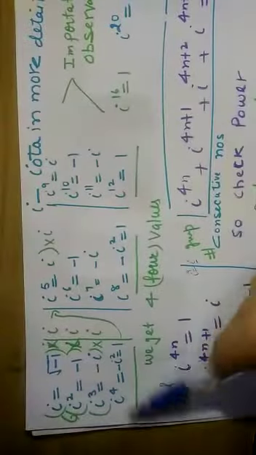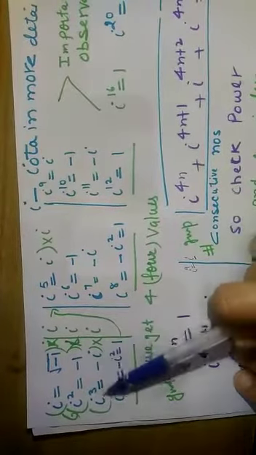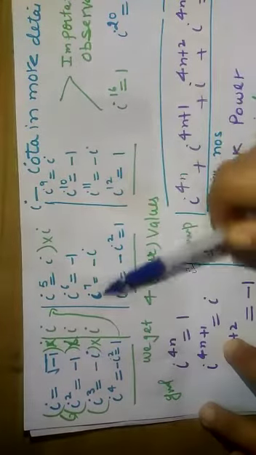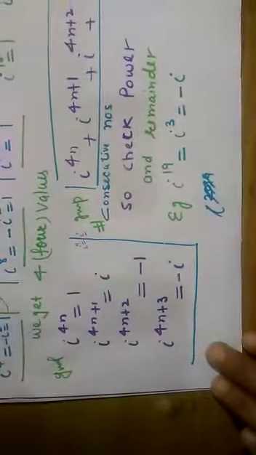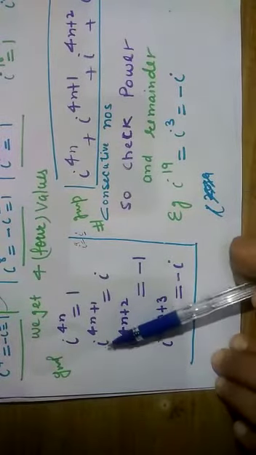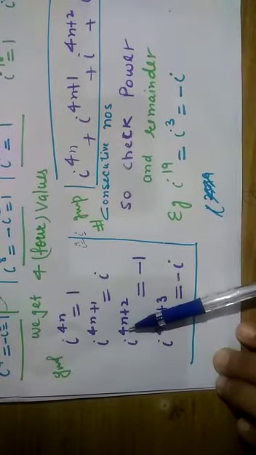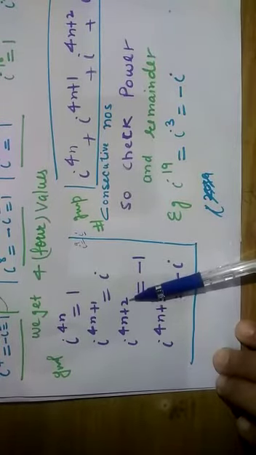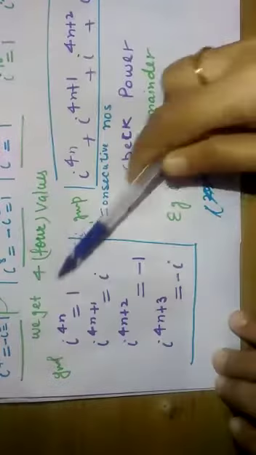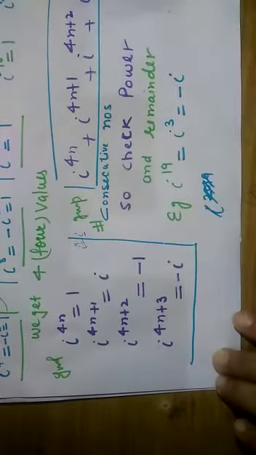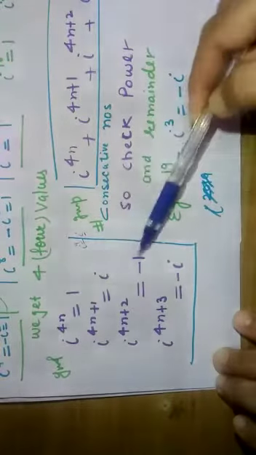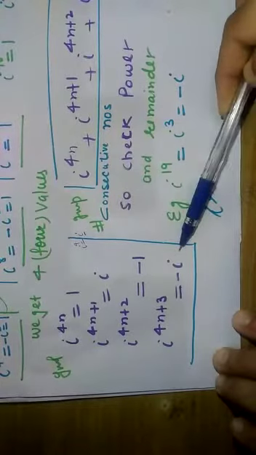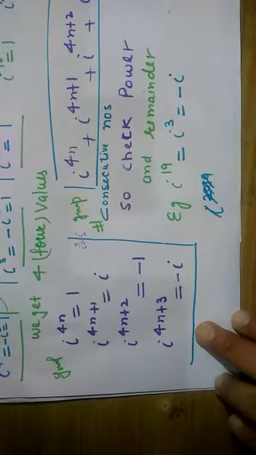So in this way I have observed all these values from the above calculation. You can see iota raised to power 3, iota raised to power 7. I have made the general values. If I have iota raised to a power that is a multiple of 4 plus 2 as a remainder, I will get minus 1. So we are getting these 4 values in all the repeated powers: 1, iota, minus 1 and minus iota. You will have to memorize these values. It will help me solve the first exercise of the complex number, as it is a very important exercise.